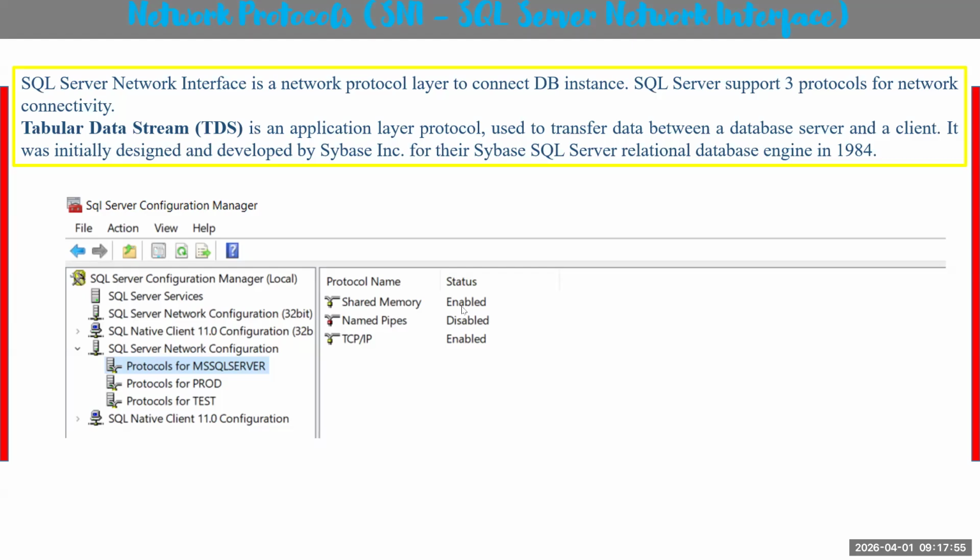First, I will disable the shared memory and I will allow the connection. Next, I will disable the TCP/IP, then I will allow the connection, and I will also show you the remote connection, so that you will become strong in connectivity. Not only this, sir, there is a lot more: NTLM authentication, Kerberos authentication, SSL protocol, TLS protocols, SSL certificates. There are a lot. Especially for experienced people, don't think that this is all. No, there is a lot, sir.